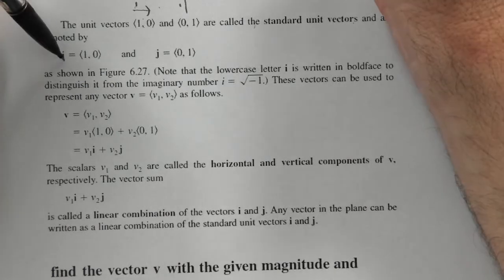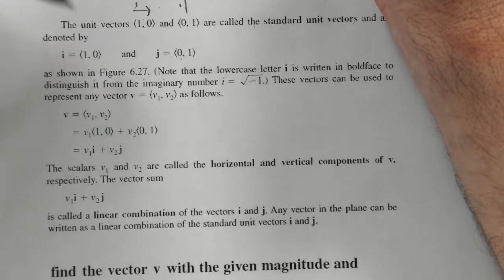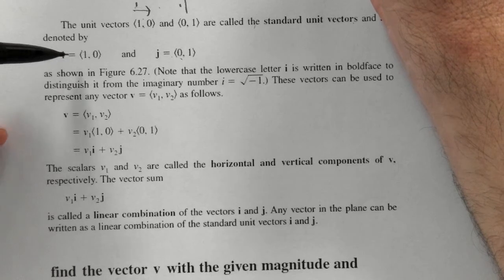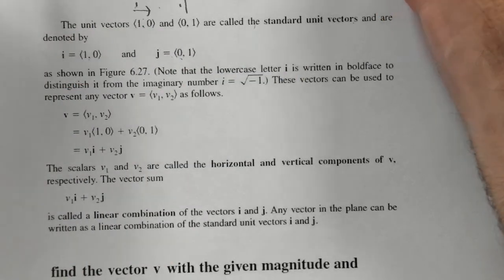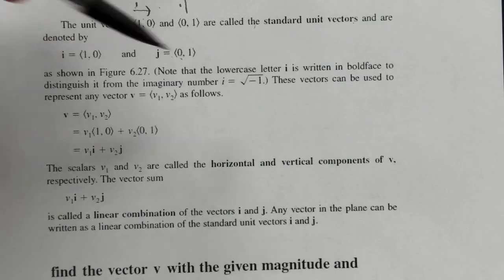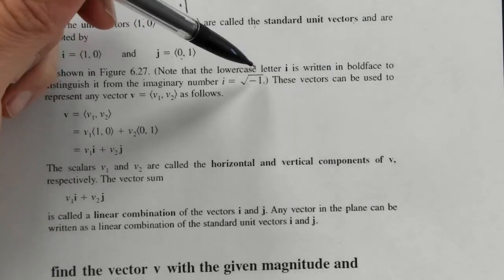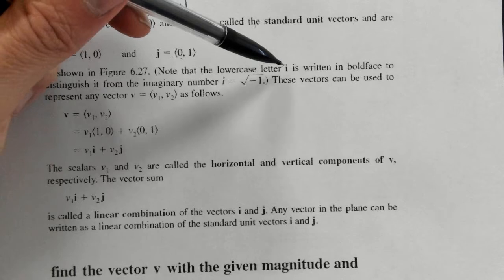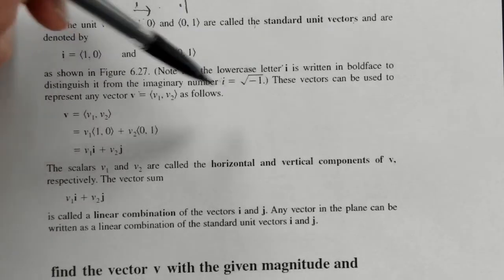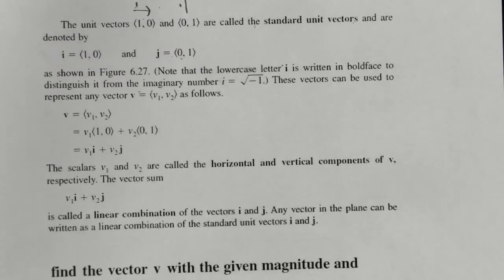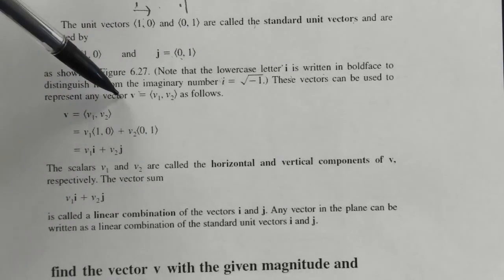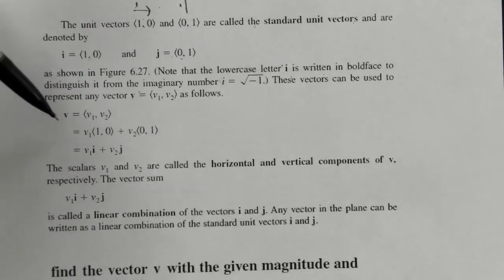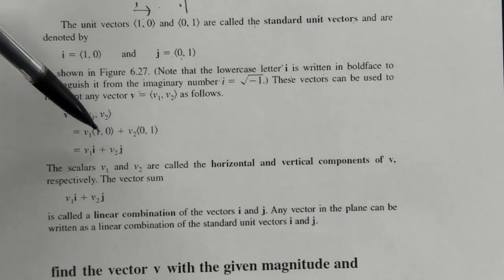Okay, and they're denoted by these two component forms. And i stands for the horizontal standard unit vector, and j stands for the vertical standard unit vector. Alright, and notice that it's a lowercase boldface i to distinguish it from the imaginary number i. Alright. And so these vectors can be used to represent any vector, okay, by taking the component form,